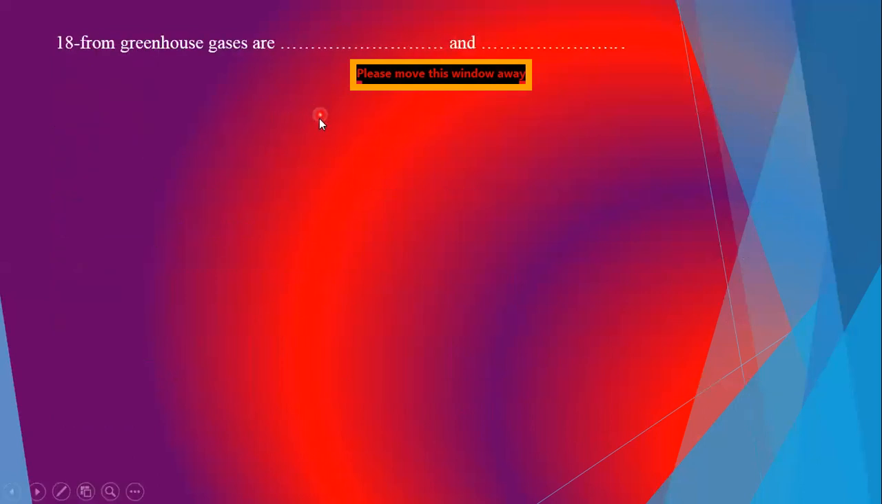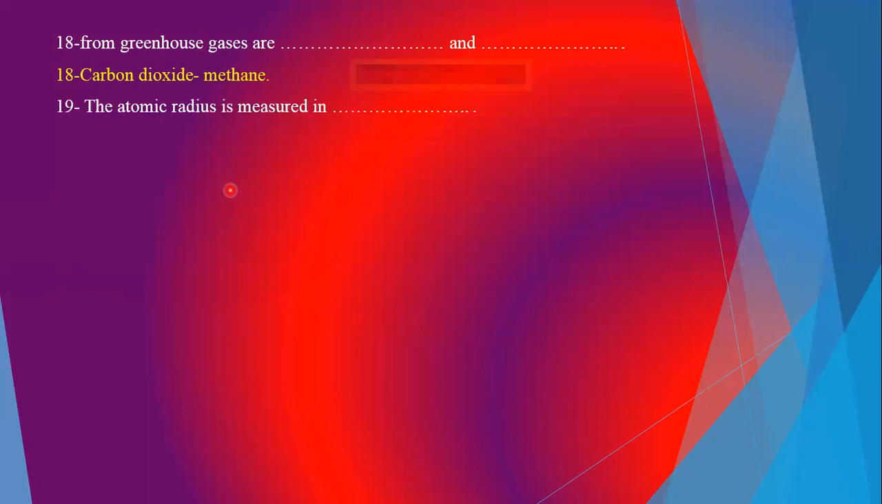From greenhouse gases are carbon dioxide and methane. هنا الاختيارات بتاعتك كربون دايوكسيد عايز تقول ميثين قول مفيش مشاكل خالص. تمام؟ دول اللي انا اخترتهم لان دول اشهر اتنين. Atomic radius is measured in طبعا اليونت واضحه قوي picometer. Picometer